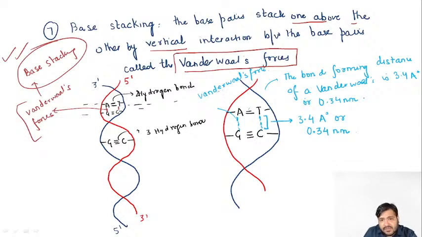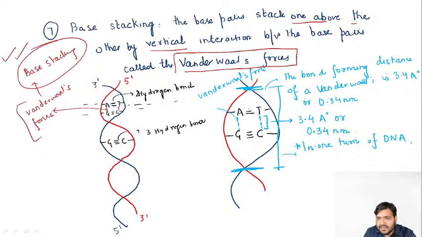in one turn, so this is actually one turn of DNA. From this point to this point, it is called as one turn of DNA. And write down, in one turn of DNA, basically there are 10 base pairs. In one turn of DNA, there are 10 base pairs. Okay, so remember कि यहाँ पर अभी तो मैंने आपको 2 दिखाए हैं, यहाँ पर 10 बेस पेयर्स होते हैं, 1 2 3 4 5 6, एक टर्न ऑफ डीएनए में 10 बेस पेयर्स होते हैं,